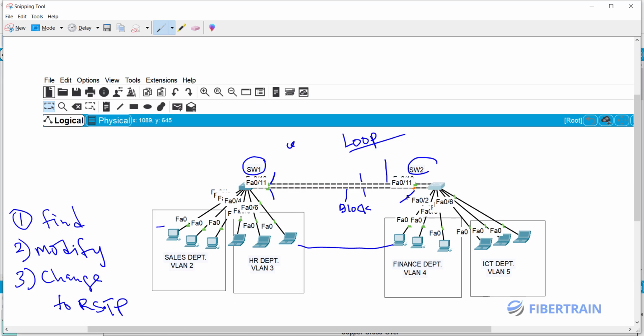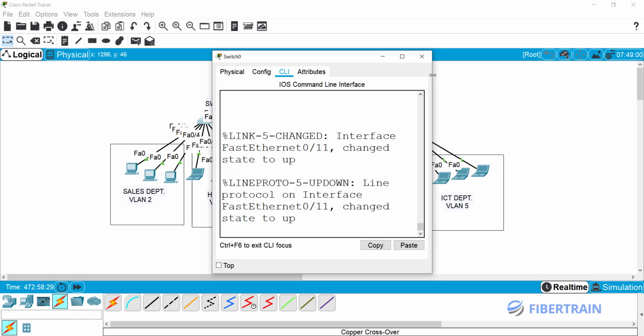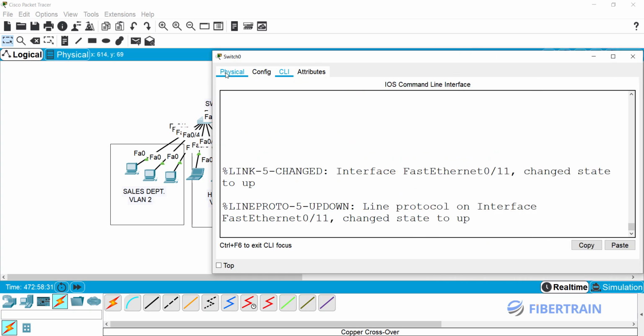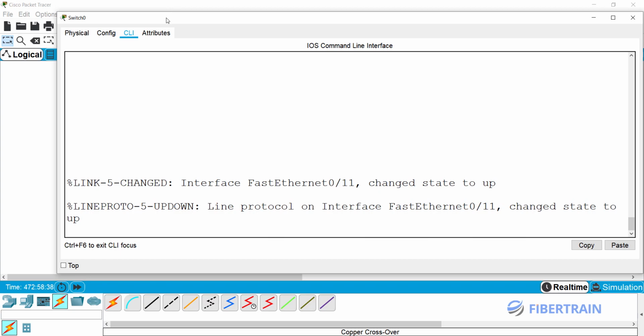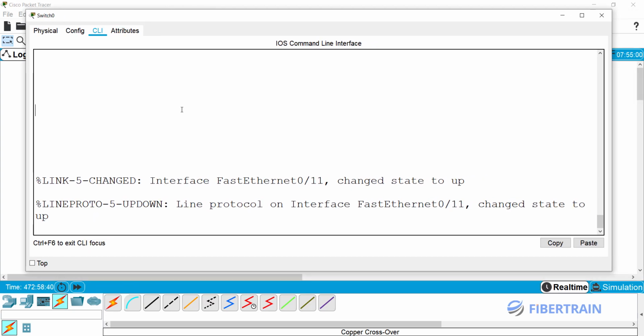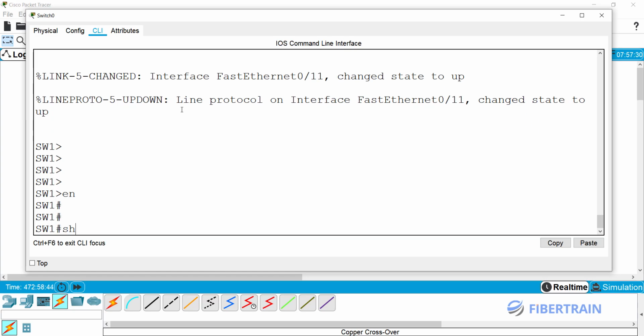Let's find out which of these two switches is the Oga or the master switch, because the election has been concluded. Alright, I'm going to get into switch 1. So just click on the switch and let me expand this so that we'll be able to see all the outputs of the show commands that we're about to do. Alright, so I think it's okay like this. So we are on switch 1 actually, and we just do enable and we do show spanning